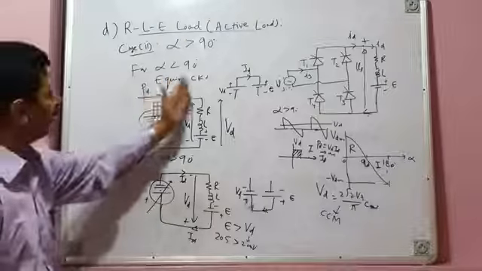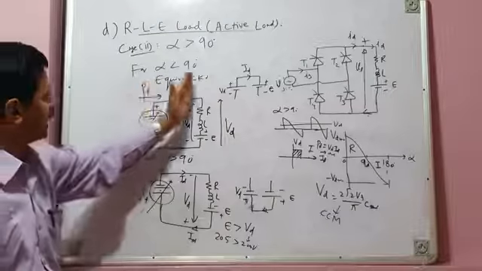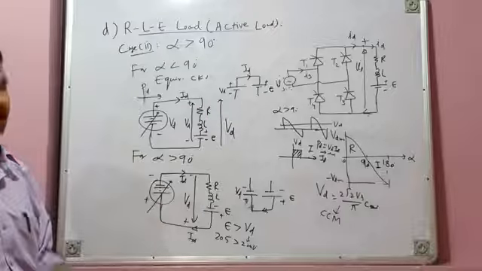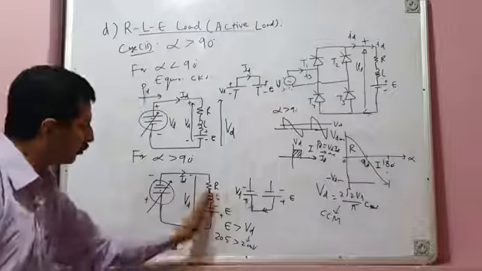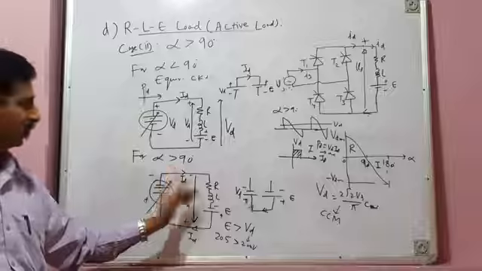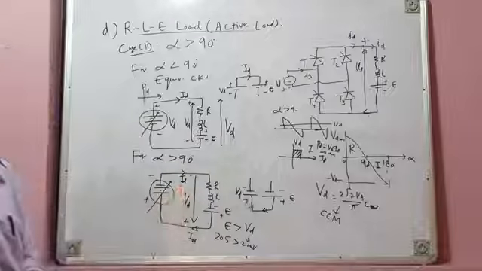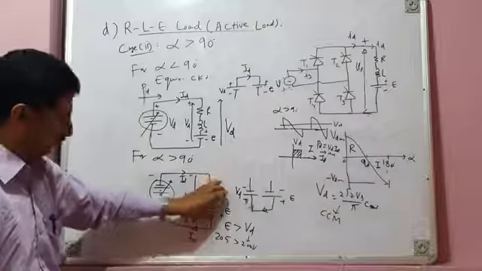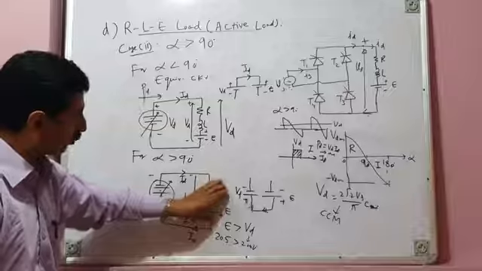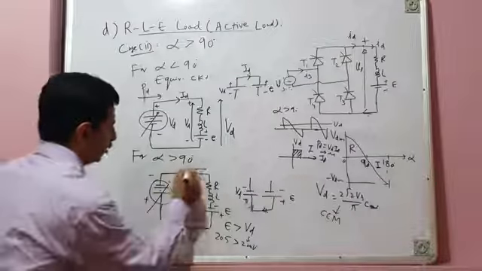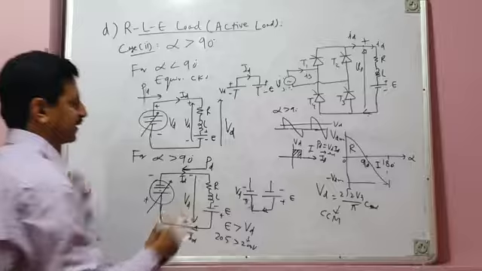When current flows from VD to E, energy comes from AC side and goes into the DC side, from input to output. And when current flows from E to VD, as in this case for inversion mode of operation, that means energy flows in the reverse direction. Power flows from DC side to AC side. So in this case, direction of power is reversed.